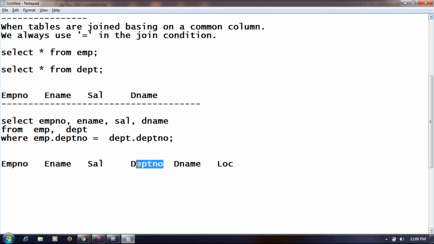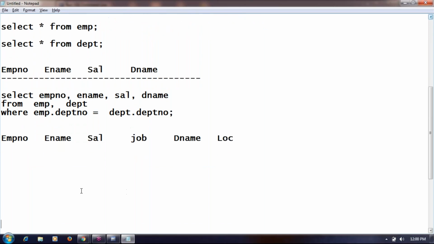Okay, let's make a small change. Employee number, employee name, salary, job from the employee table, department name and location from the department table. Dilawar, am I right? So can you tell me the query to get these 6 columns?